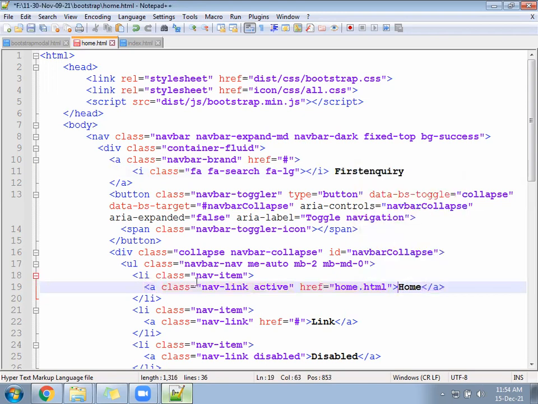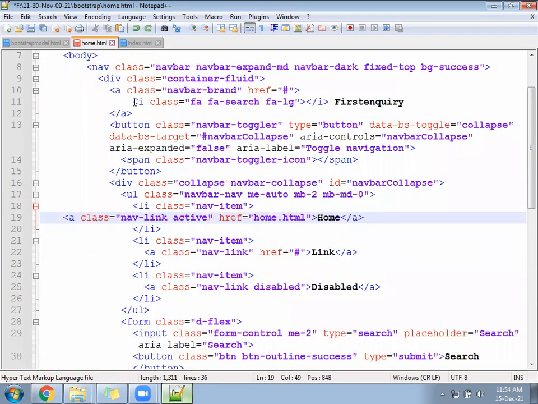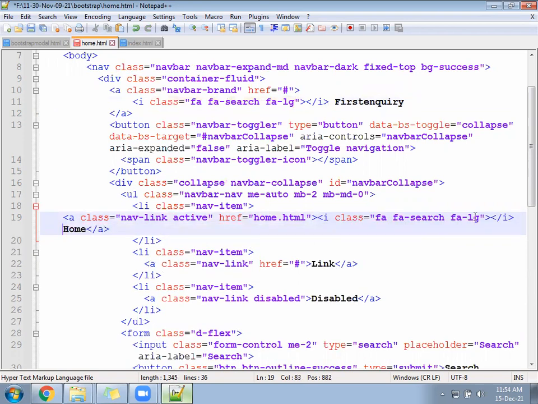But before home, you can create an icon. Before home, you can create an icon here. You can create a home icon with FA home. You can write here FA hyphen home.